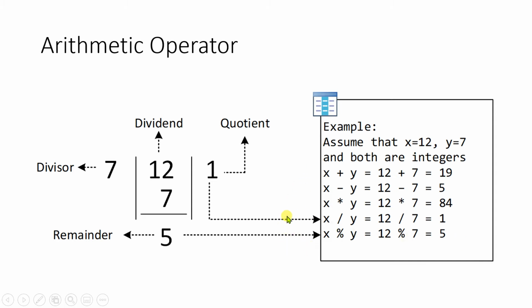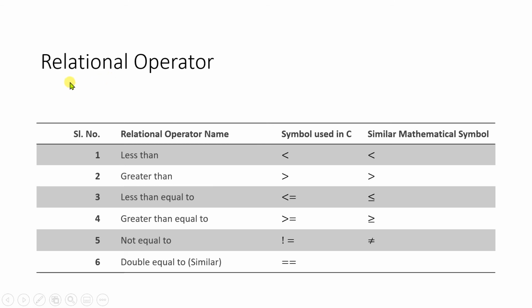Fine. The next operator we are going to discuss is the relational operator. A relational operator checks the relationship between two operands, present on the left and right side of that operator. There are several relational operators, and whenever we check a relational operator, it returns either 0 or 1. What are 0 and 1? 0 represents false and 1 represents true. I will explain that by writing some program code.